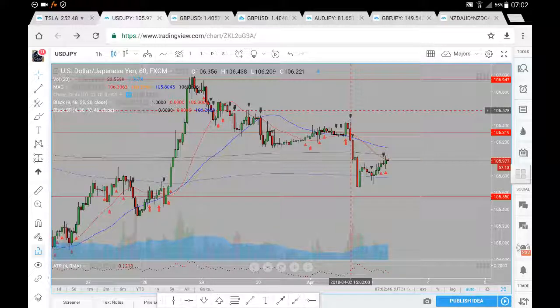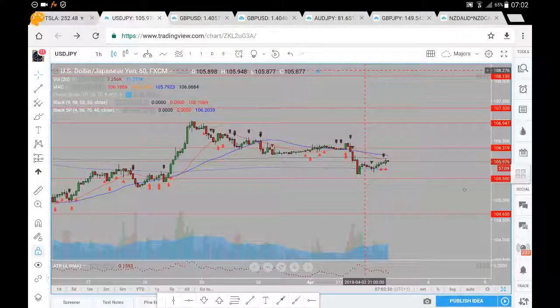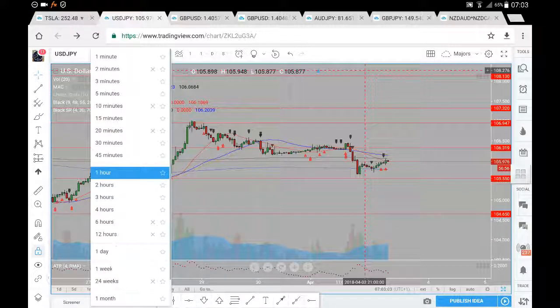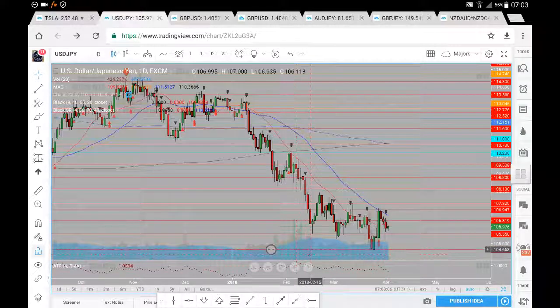And beyond the 105.55, if we are not able to find support at the 105.55, we're looking for a further breakdown in prices towards the very next significant level of the 104.65. And those are pretty much the levels that we are looking at here on the hourly chart. We'll have a brief look at the daily chart just to see how prices are progressing here on the US dollar Japanese yen. So on this daily chart,